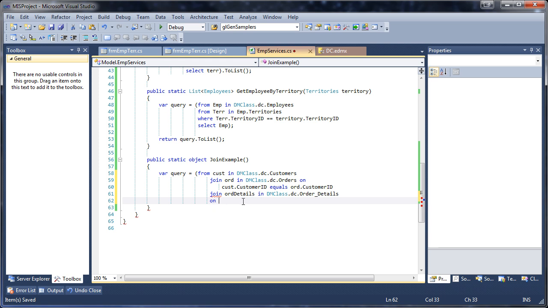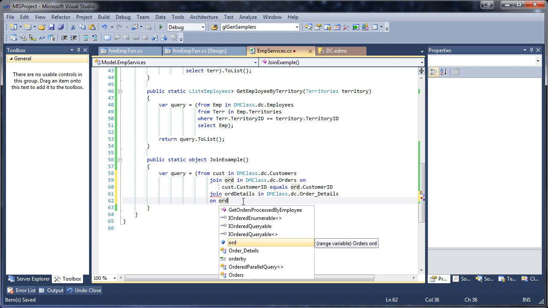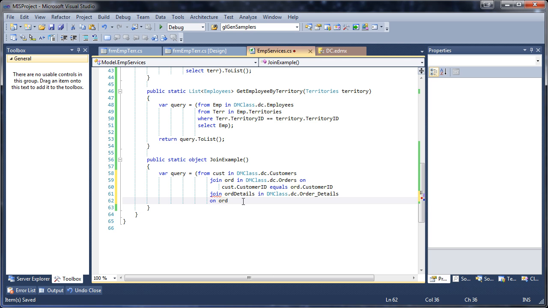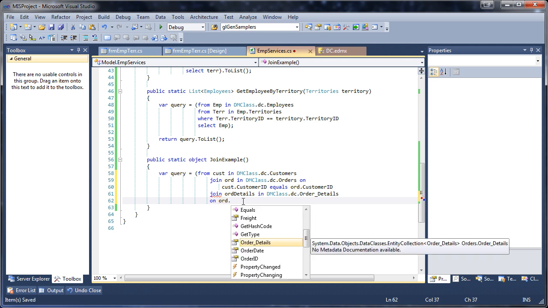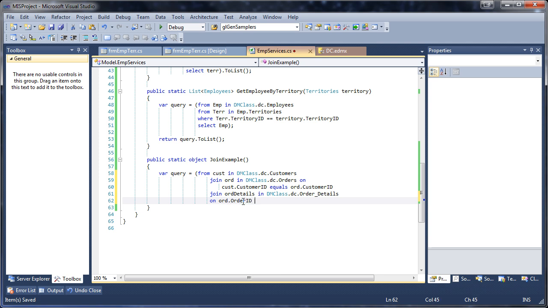So okay, order details, so ord.id equals order details.order id. There you go. Select new, and I can come here and say, for example, I would like to fill the data grid view with the customer first name,